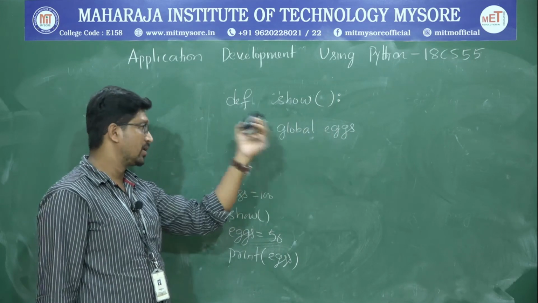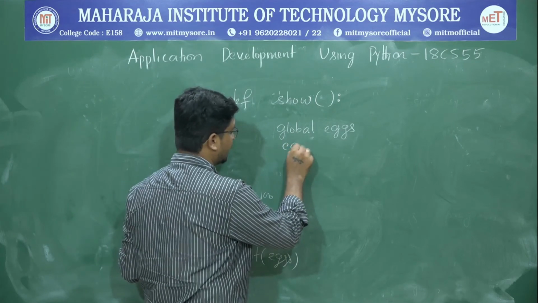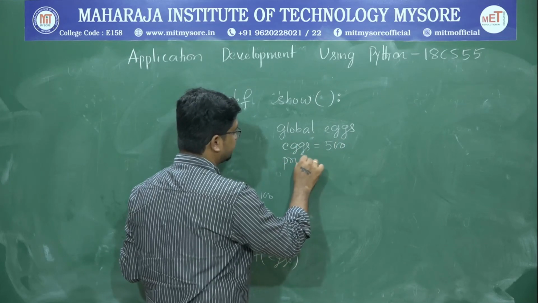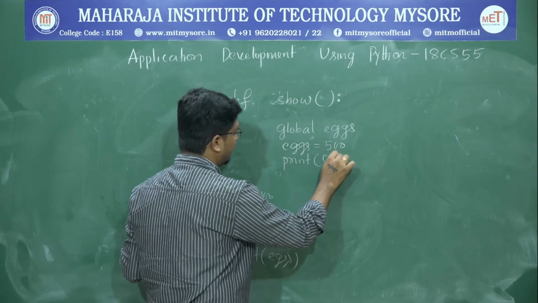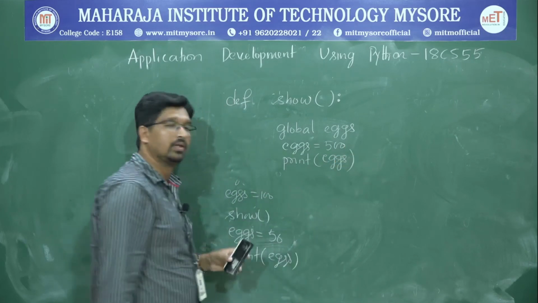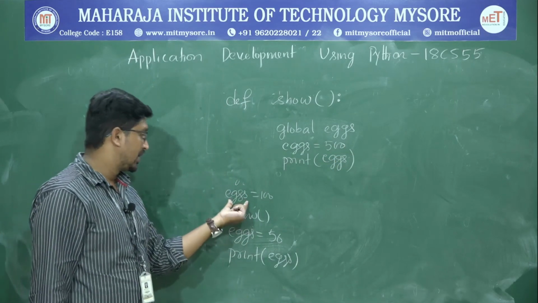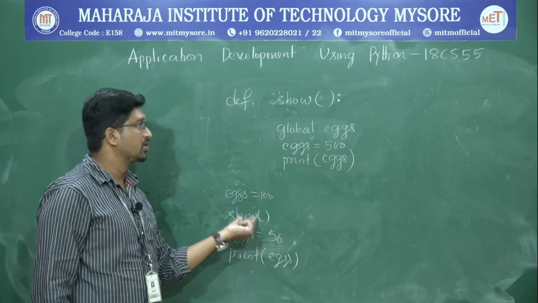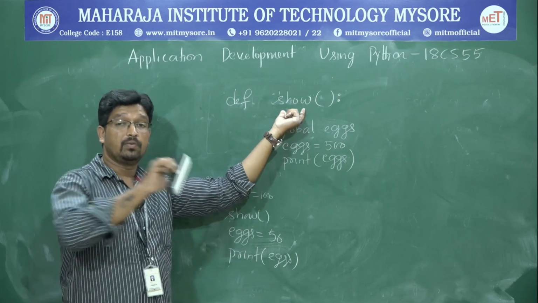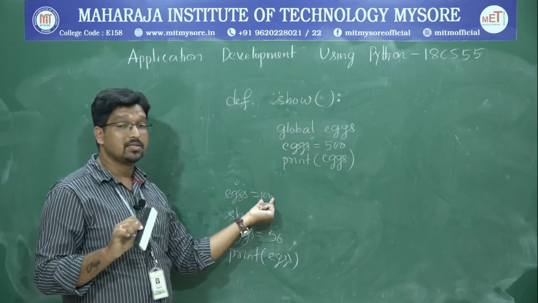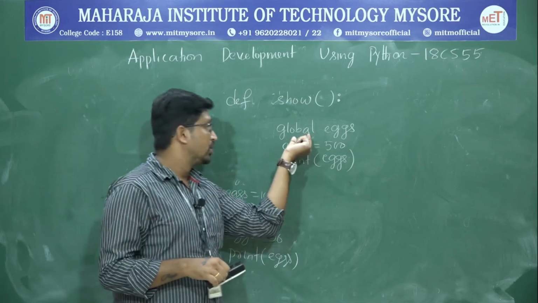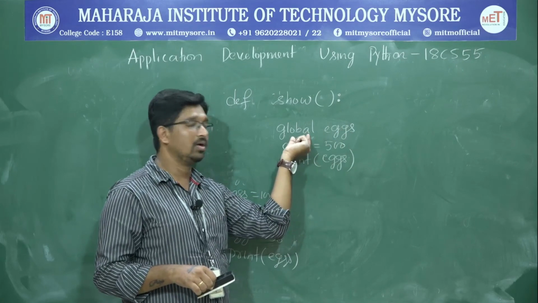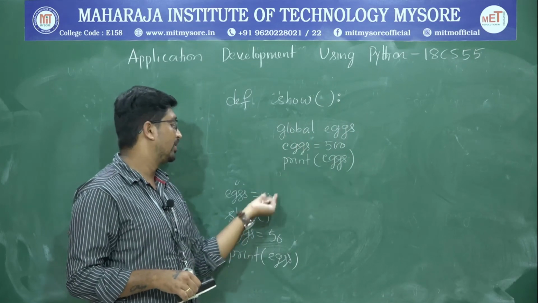It is not local, it is global, and you will change x, let us say x is equal to 500, then print of x. Now what is the output? Initially x is equal to 100. Then you are calling the show function. It will go to the show function. As in the previous program, you should get 100 as a result. But now the twist is, you are making use of x which is global, but if you simply use x, automatically you will get 100.